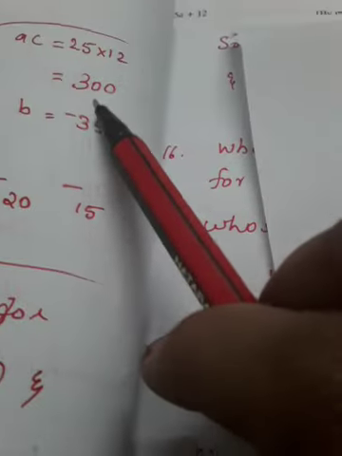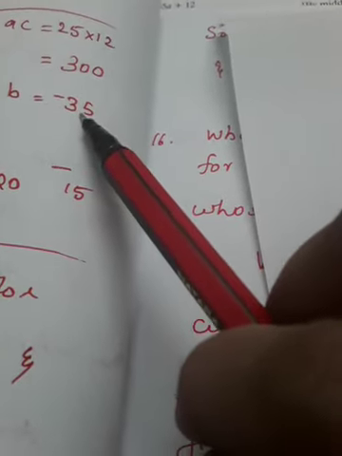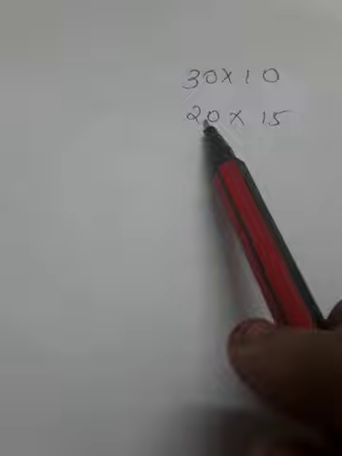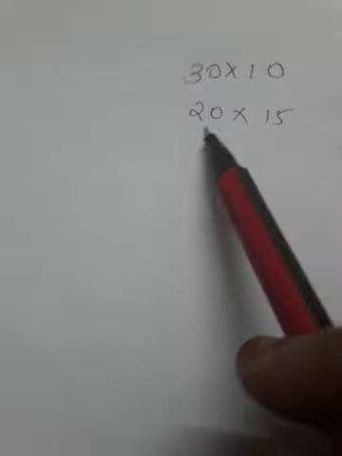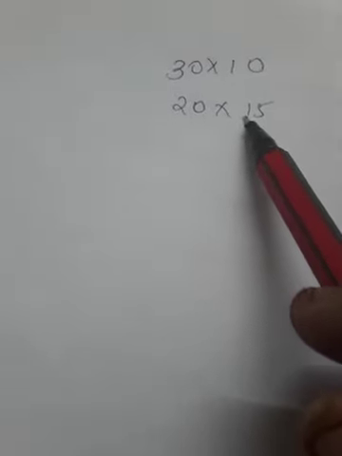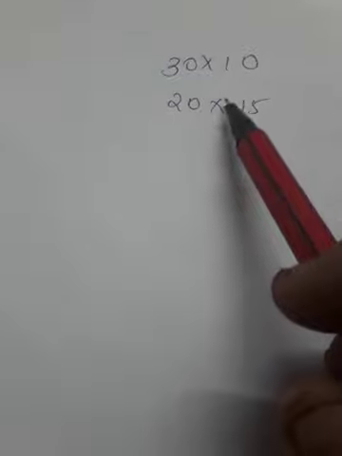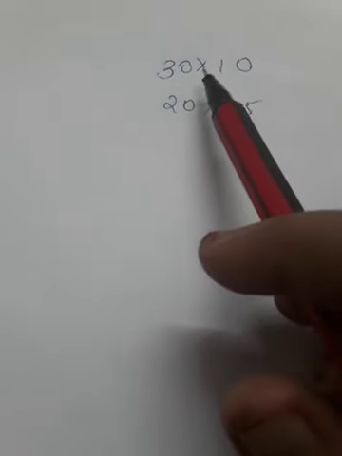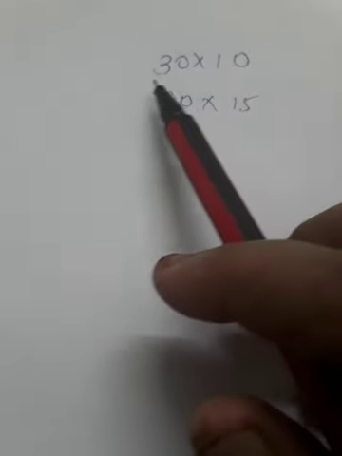So here how we will get the groups. We need to get product 300 and sum 35. So we need to take big numbers, not single digit. So here I took 30 into 10, 300. But 30 plus 10 is not 35. Then 20 into 15, 300. 20 plus 15 is 35. In this way you want to check by the products first, which all numbers' product is that number, then we check whether their sum is the same as that. Okay, so in that way we need to check. First we want to find the product, then we check whether the sum is the same or not.